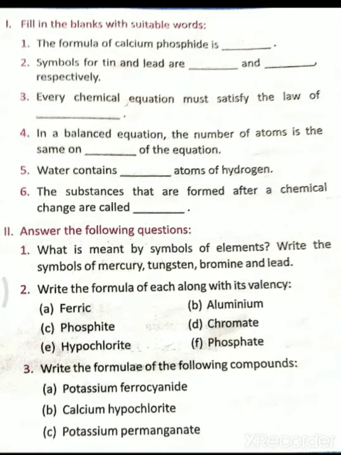As you know, we have completed your first chapter, the language of chemistry. Try to remember the symbols of the first 30 elements, their names and their valences. Then practice how to write the chemical formula and how to calculate the molecular mass and atomic mass. You practice all this, then only you can write the chemical formula properly and try and balance more equations, and try more questions on percentage composition and empirical formula.